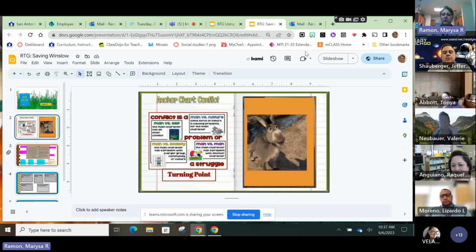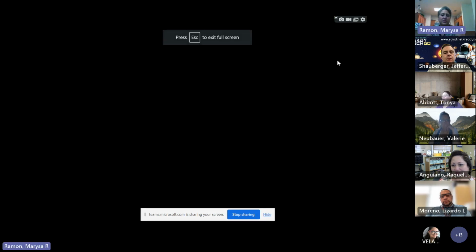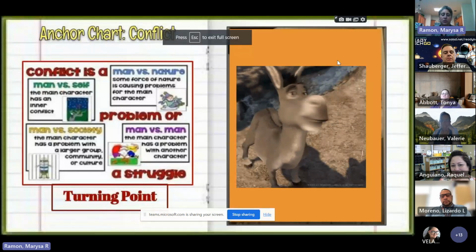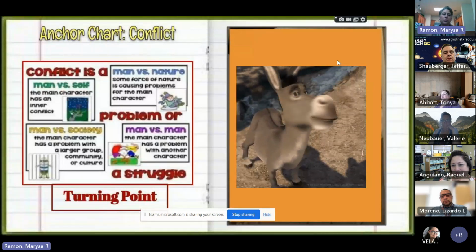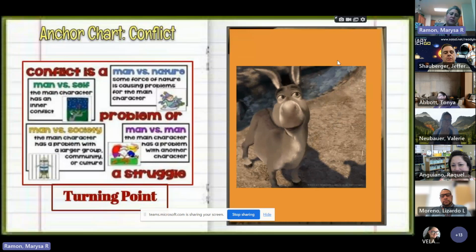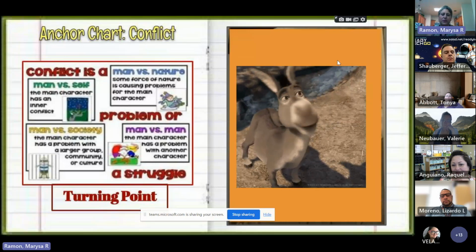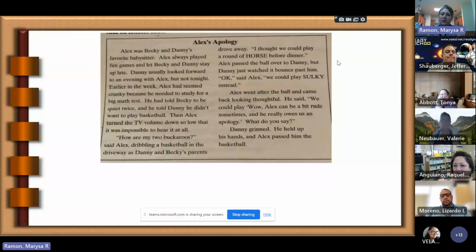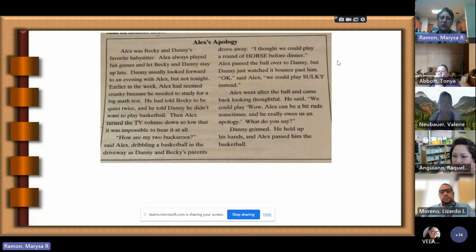I'm going to put it in present mode so you can see it how the students see it. So I'm talking to them as we're going through it. We're reviewing what happened the day before in the novel, talking about how the conflict's developing. And then these are just little bitty passages that we've gotten from all over the place. This is actually a reading series that we used two reading series ago. And we love the little passage because it was a real simple one, but good enough to meet the skills